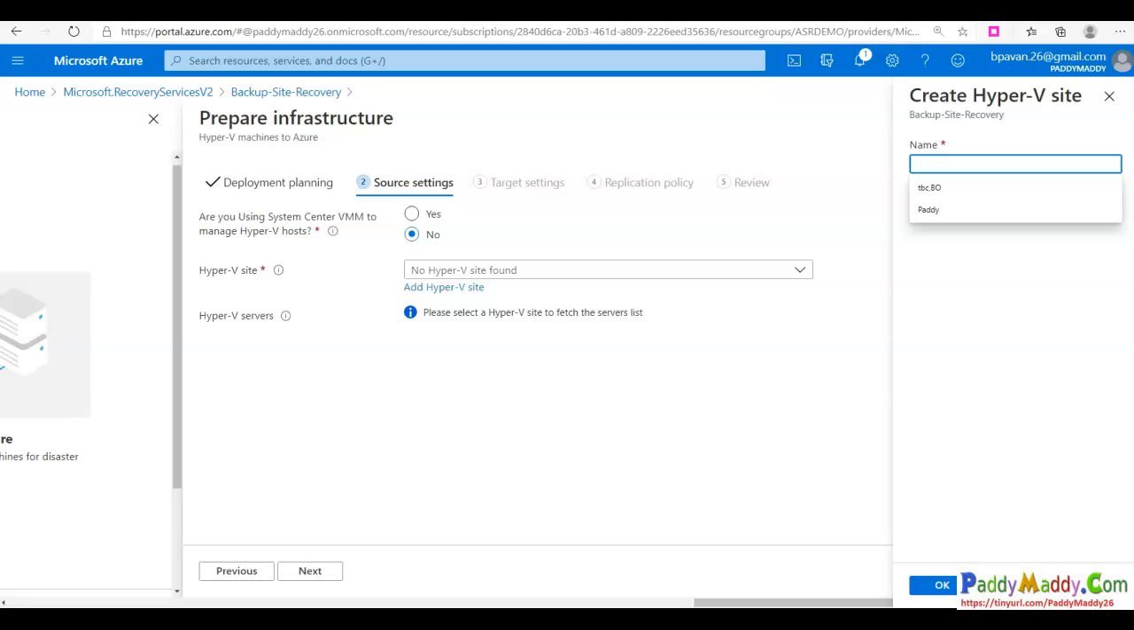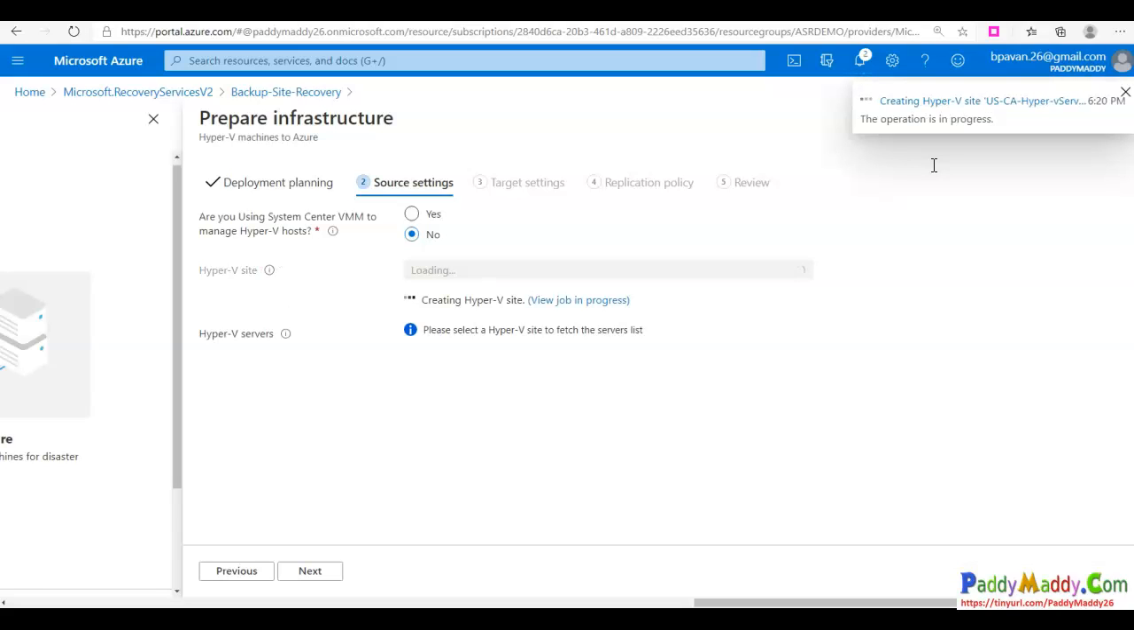So what you do as a first step is create a site name. Later, you pull in your Hyper-V server here, that's called the Hyper-V hosts, and then after that, you will select which VMs you want to plan for ASR. So that's how you can plan it. In our case, as the first thing, we are going to create the first Hyper-V site. So I just entered US California Hyper-V server, and after that,